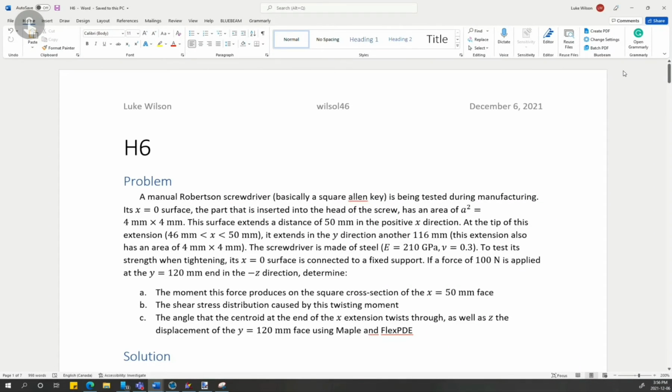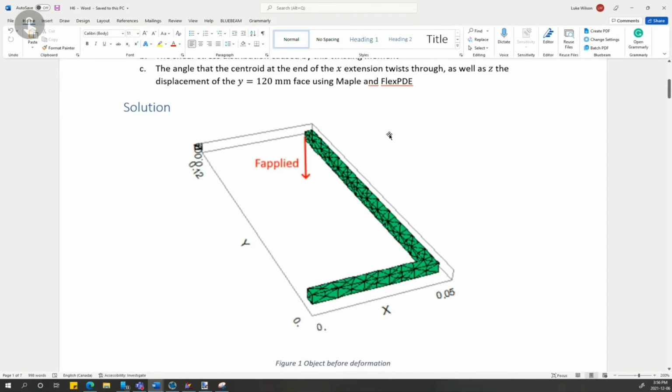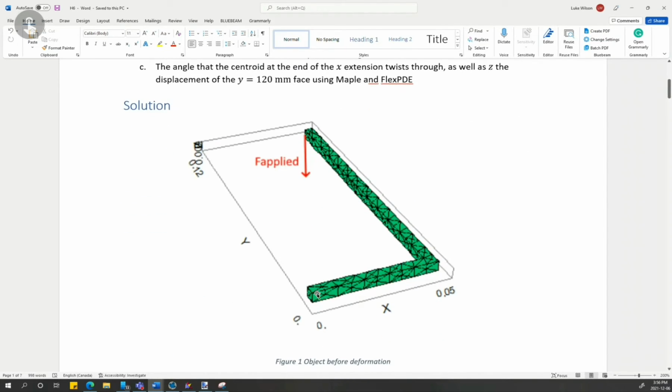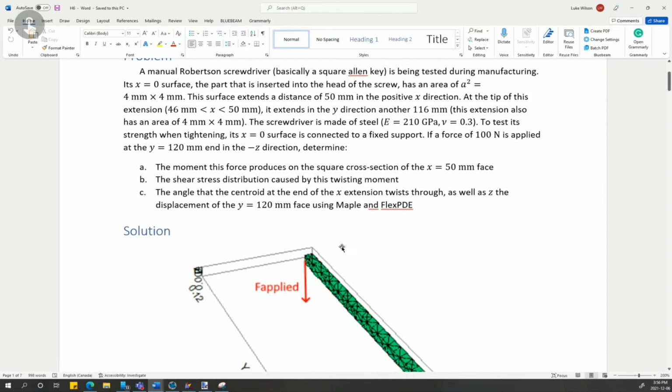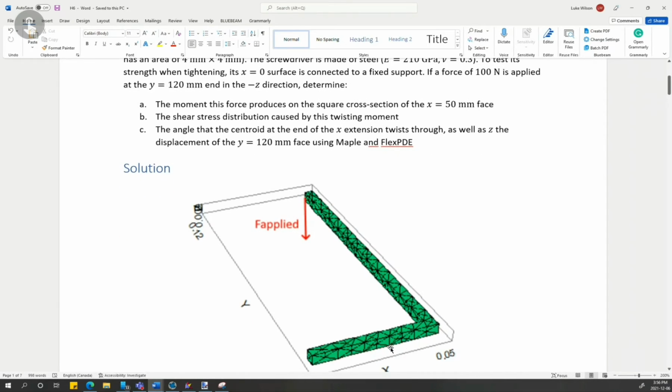Okay, so here we have the problem that I've designed for my H6, which is based on torsional elasticity. Essentially, there's this object that is fixed on the x equals 0 face and has a force applied at the end of this y extension here. And we're going to find the moment that this force produces on the square cross-section of the end of this